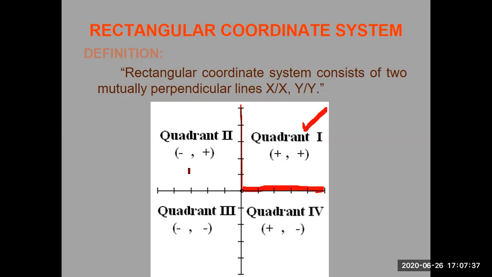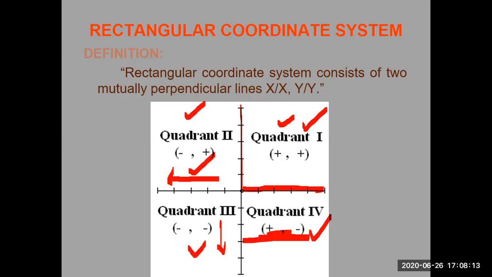And for the second, you see Y is plus, but here X is negative. If you look at this one, both X and Y are negative. If you look at this, here X is plus, and the Y down here is negative. So these are the four quadrants. To remember which coordinate will be plus and which one minus: during the first quadrant, both are plus. During the second, X is minus and Y is plus. During the third, both are negative. But during the fourth, X is plus and Y is negative. So these are the coordinates of the concept.